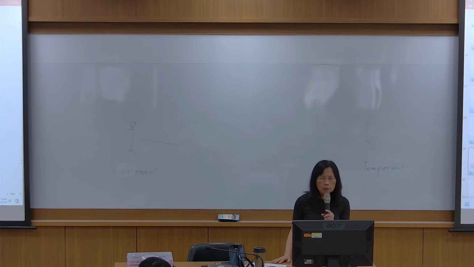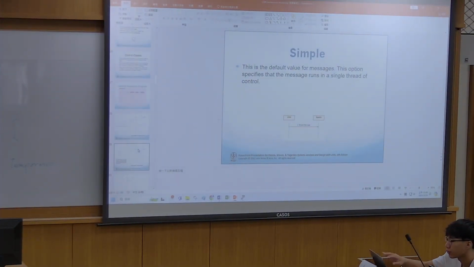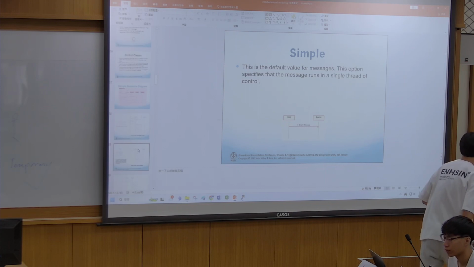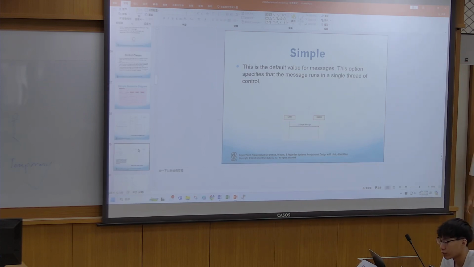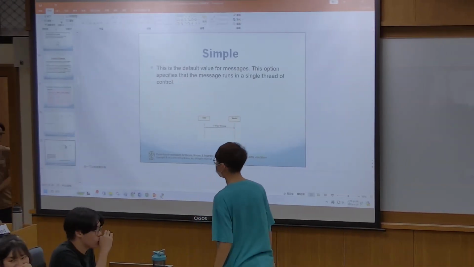And I said that our output is more focused on the sequence diagram, right? Because a communication diagram is easier to convert from a sequence diagram, right? If you use a CASE tool, they provide this function.